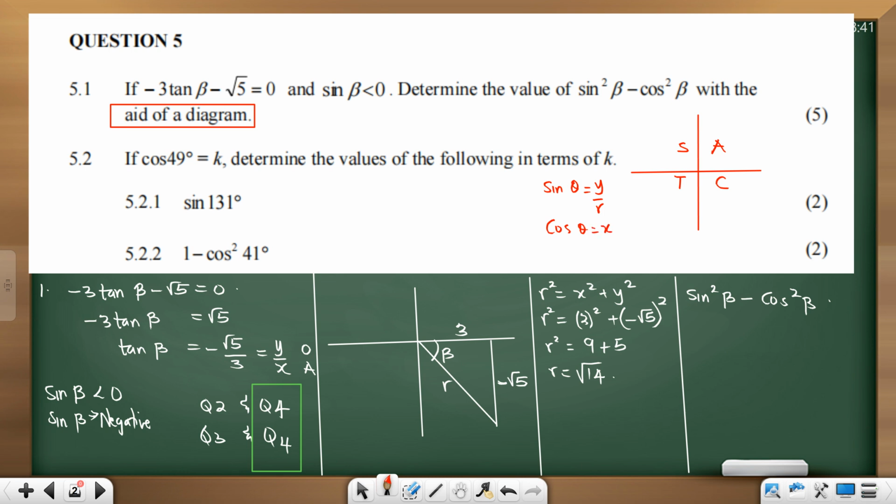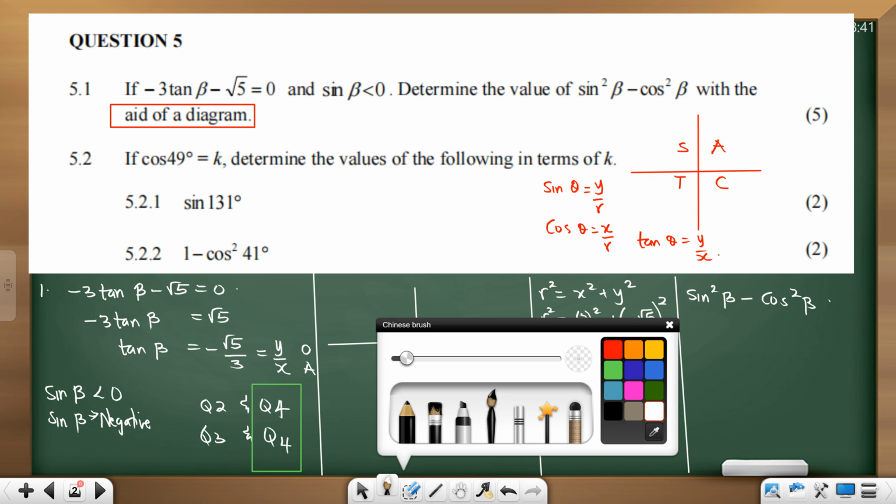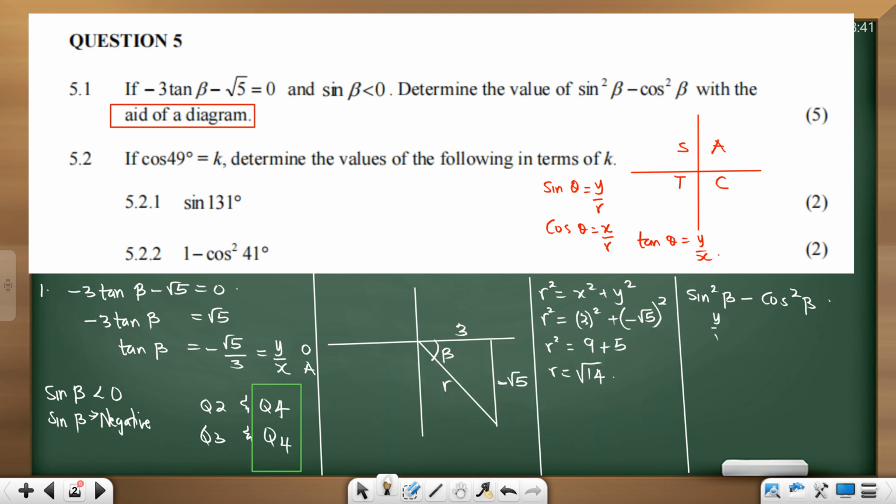Cos is x over r. Once you know this, life becomes very easy. And tan theta is y over x. So I can use that. This is basically y over r, all squared, minus x over r,